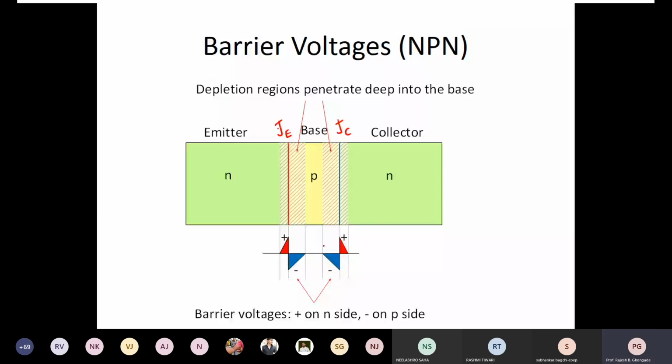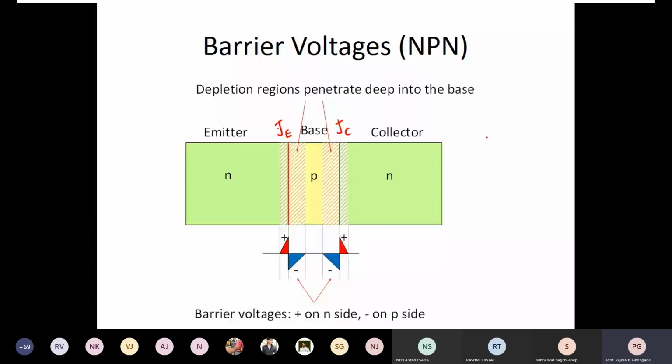I've given you the answer already on the slide. Why is that so? Because the depletion region will be very small in the part where it is heavily doped, less in the emitter, while in the base, which is lightly doped, the depletion region penetrates more into it, and so we have this kind of structure. So correlate this with whatever we have already seen, and that is the reason why I said electronics is such a funny subject where all the concepts rely on the previous concepts that you have learned.